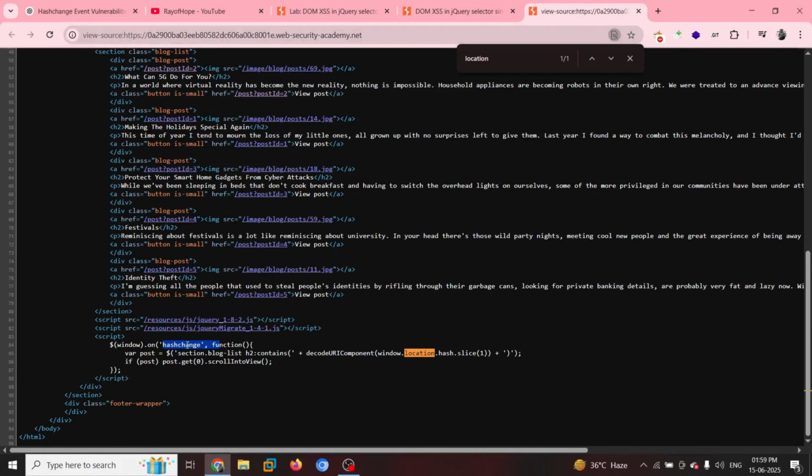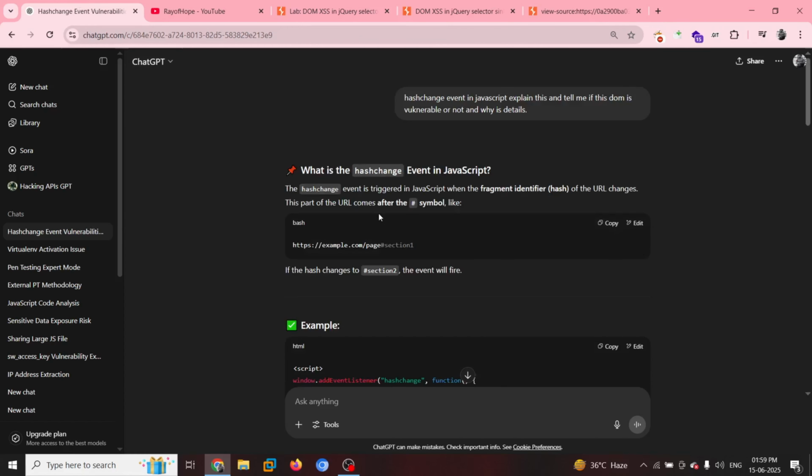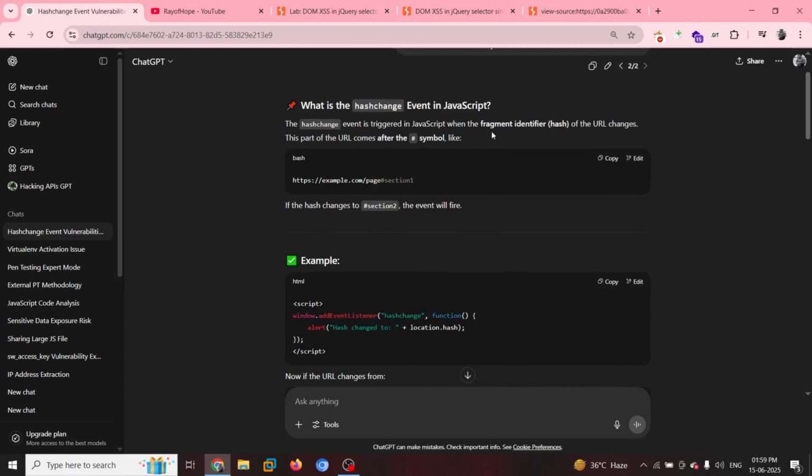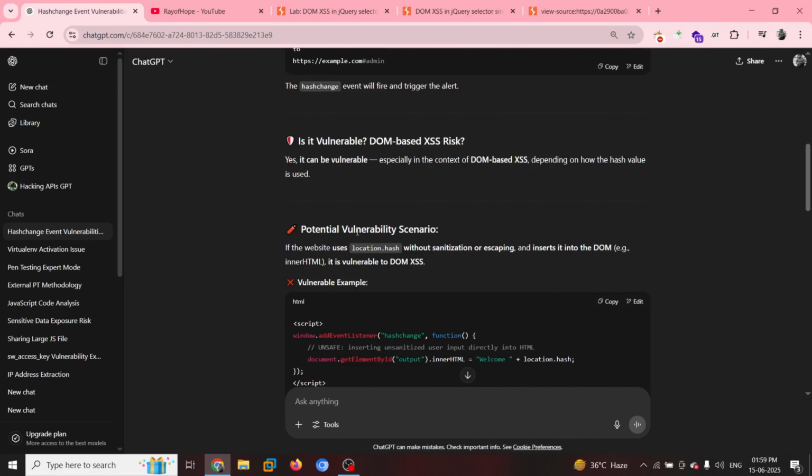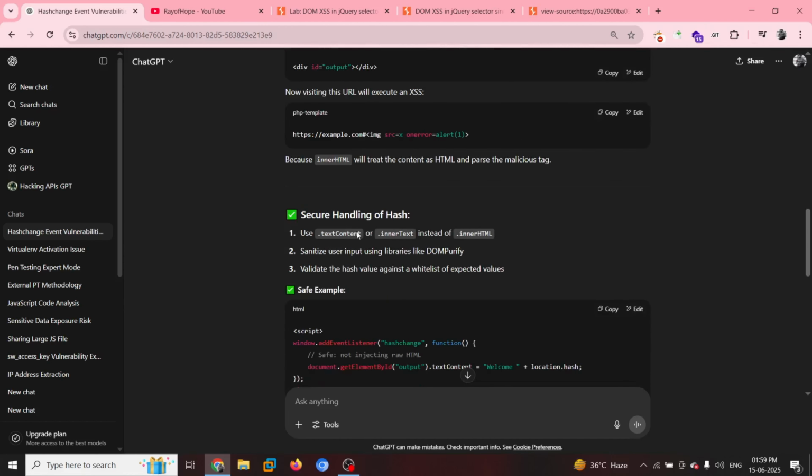So what is this hashchange actually? We don't know anything about it, right? So I'll go ahead and I'll ask ChatGPT: hashchange event in JavaScript, explain this and tell me if this DOM is vulnerable or not and why in detail actually. So this gives us a really detailed description about hashchange event in JavaScript. And after all the analyzing, we do have a one-liner code that it gives us.